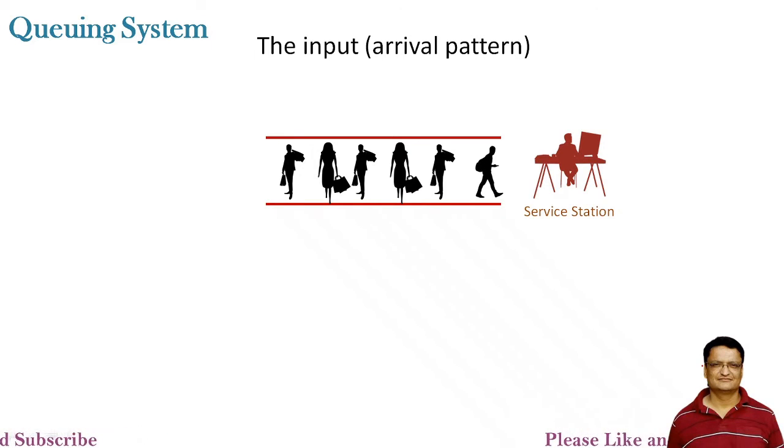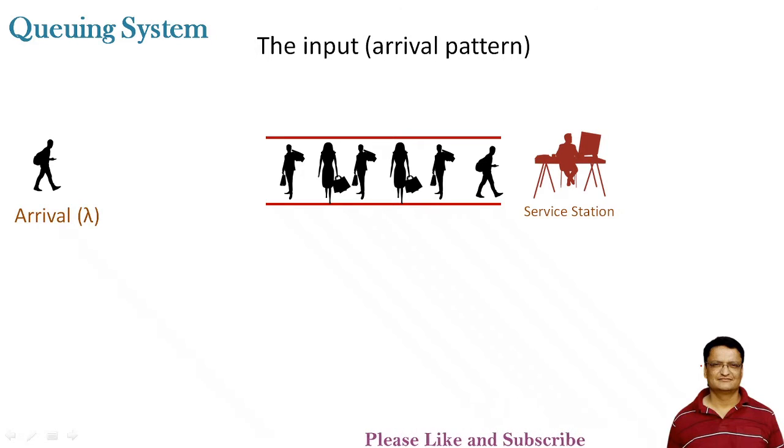So there is a service station and there is a queue, and there are certain customers who arrive in a system, denoted by a certain rate known as lambda. Now the rate at which customers arrive may be a fixed one or it may be random. If it is a customer arriving at an ATM center, you cannot predict it, and it is a random arrival